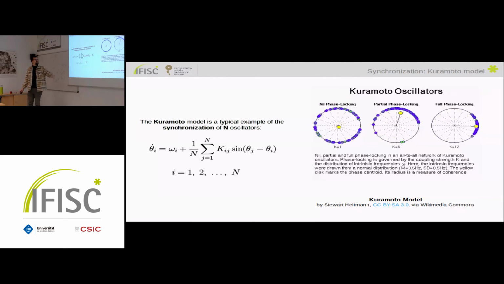So here on the other side of the screen, you can see some nice animations. You can see that here they are using an all-to-all interaction. When they take a small coupling strength, each system is just doing its own movement. But as they increase the coupling strength, they get most of the systems synchronized in the center plot. And then in the right plot, you can see that all of the systems are fully synchronized. So this was a nice example for linear systems.